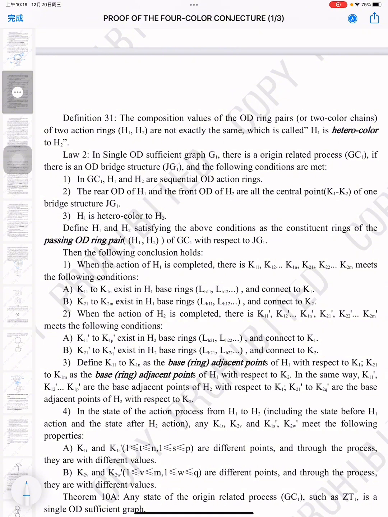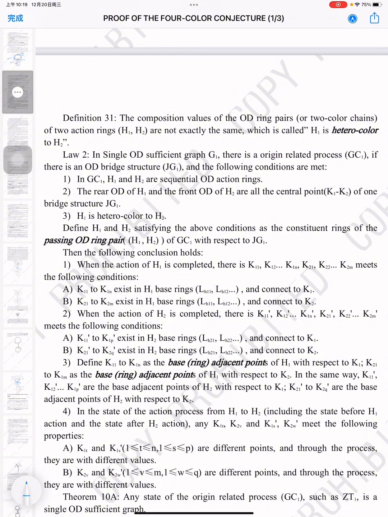A. K11 to K1n exists in H1 base rings LH11, LH12, and so on, and connects to K1. B. K21 to K2m exists in H1 base rings LH11, LH12, and so on, and connects to K2. 2. When the action of H2 is completed, there is